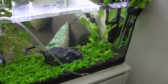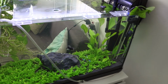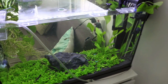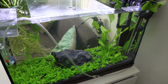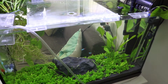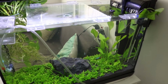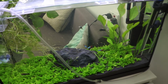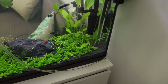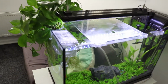The neons are just what I had left of, I think I had about 10 at one point, just neons, dwindled down, died off, so I have 3 left. Obviously should keep more than 3 neons, they need really to be in a shoal or whatever, but this is just what I had left. It's basically a swordtail tank now. I've got 5 of these, and the reason that this airline tubing is just coming up like this is because